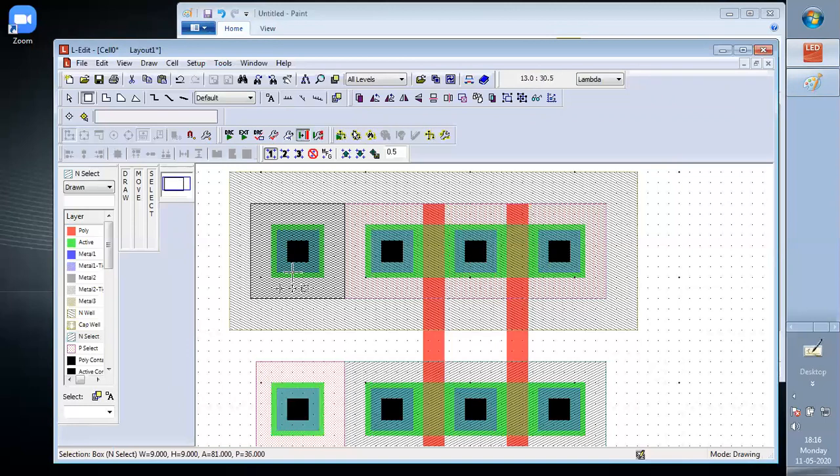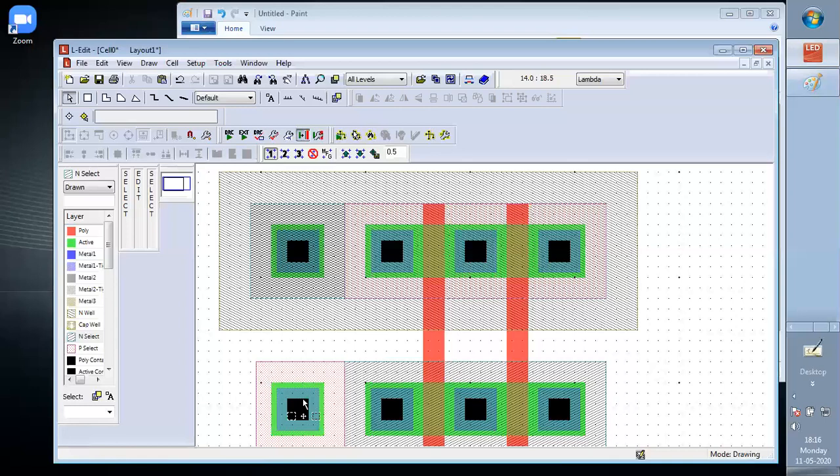And the N well distance will be 3 lambda on all sides. So this will now be the complete diagram with all the bodies of PMOS and all the bodies of NMOS created over here, right?